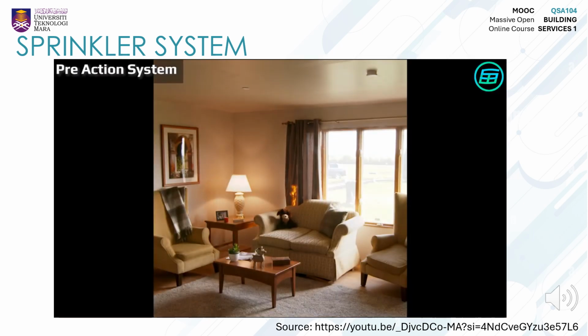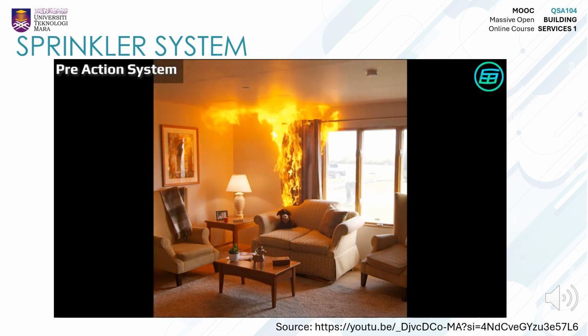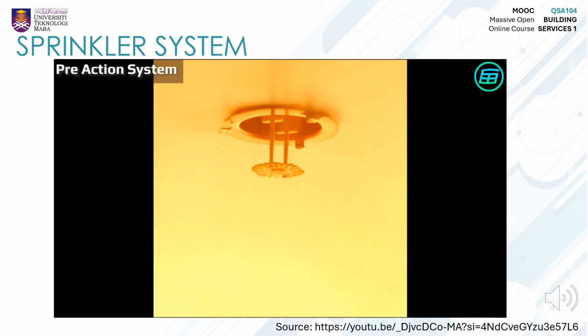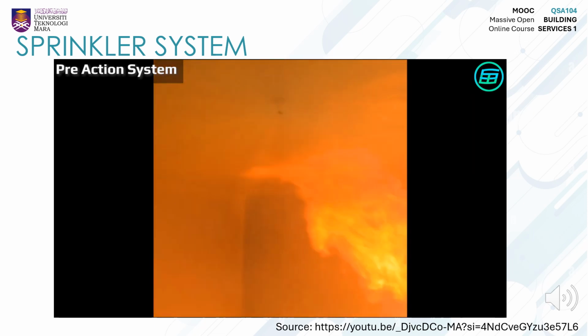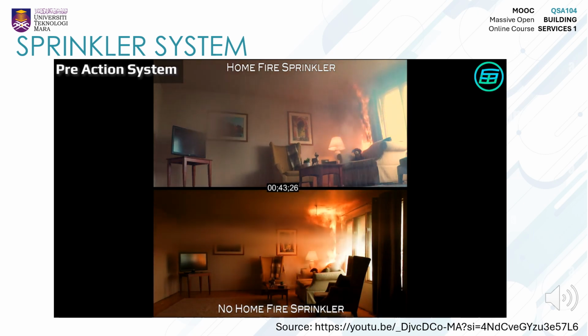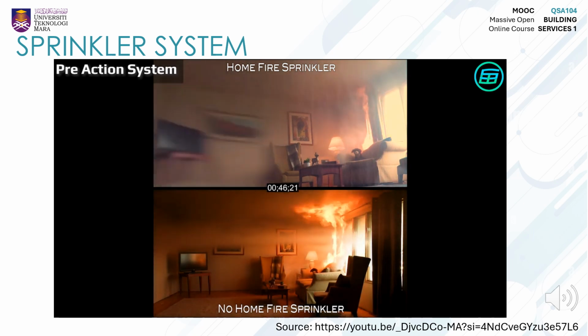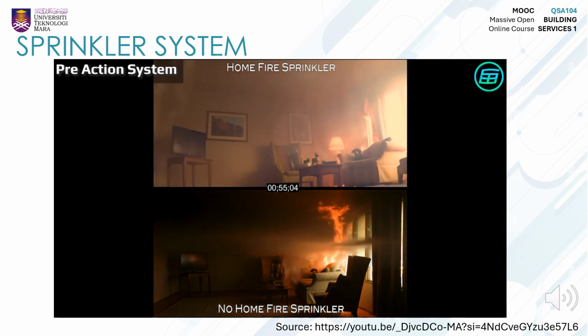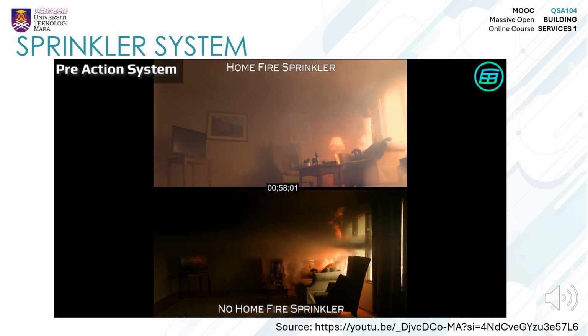Pre-action systems are a kind of dry pipe sprinkler system that require two activation steps. When heat or smoke is detected, the pre-action valve opens and allows water into the pipes. Then, the sprinkler heads can be individually activated to release water over the fire. This two-step process enables facilities to shut off the system in case of a false alarm, protecting assets from water damage. Pre-action systems are especially useful in places where accidental discharge could lead to irreparable damage, such as in museums,